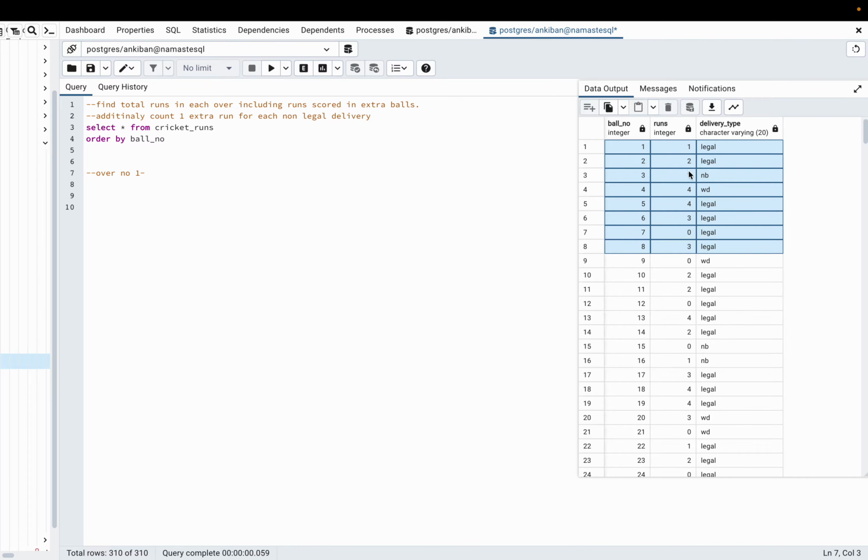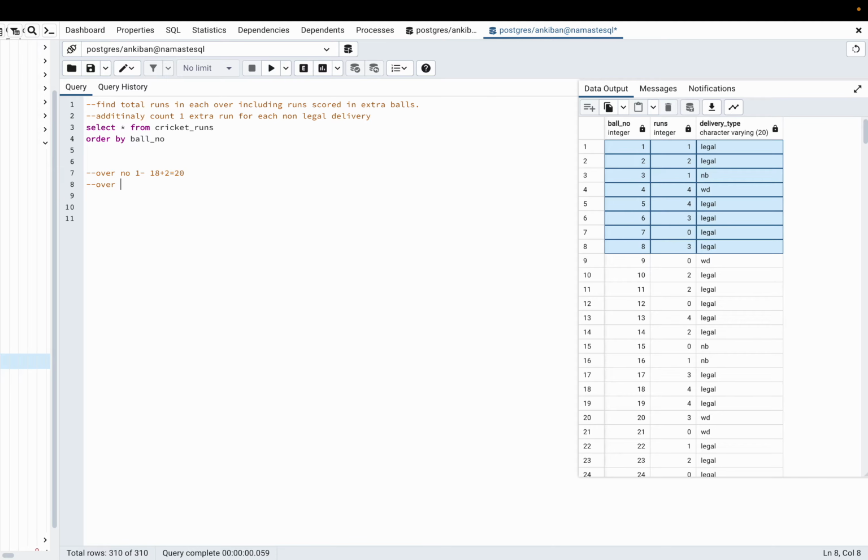Total runs will be 1 plus 2, 3, 4, 4, 4, 8, 8 and 4, 12, 12 and 3, 15, 15 and 3, 18. 18 runs, but we have to add 2 more runs for the 2 extra balls, for the no ball and wide ball. So there will be a total of 20 runs in over number 1.